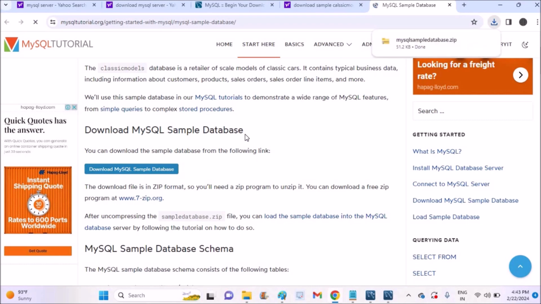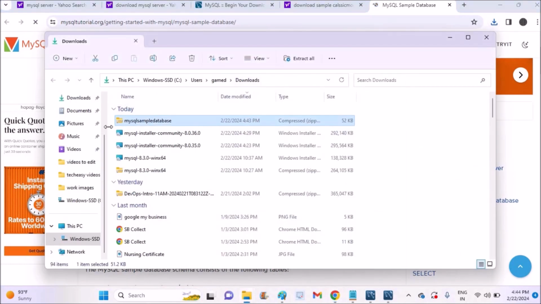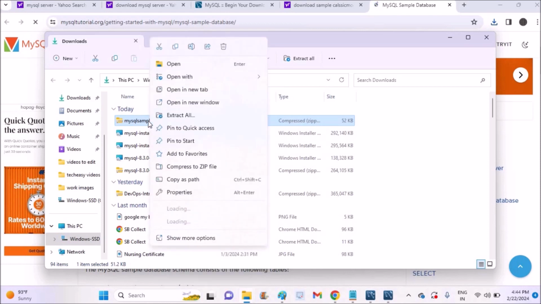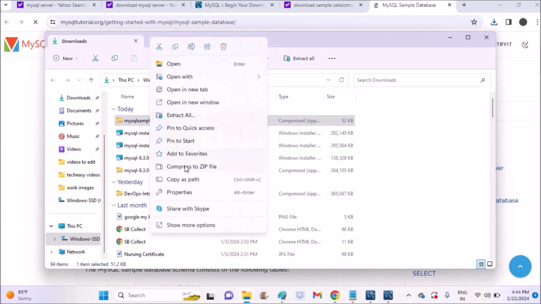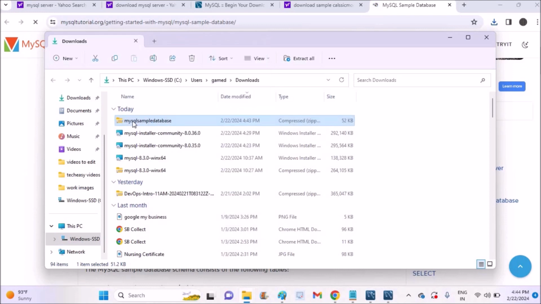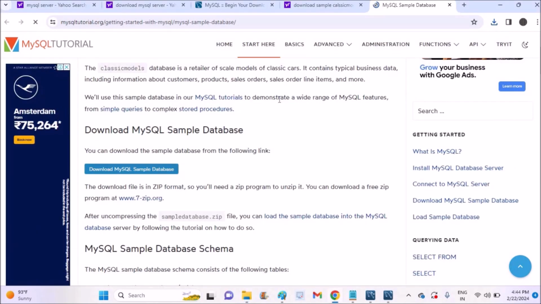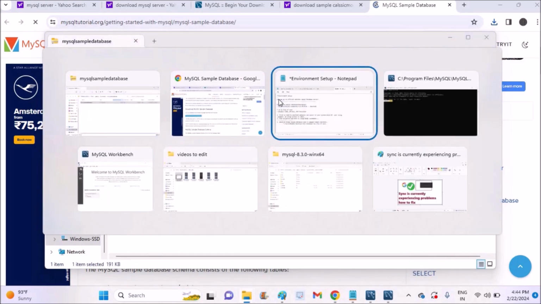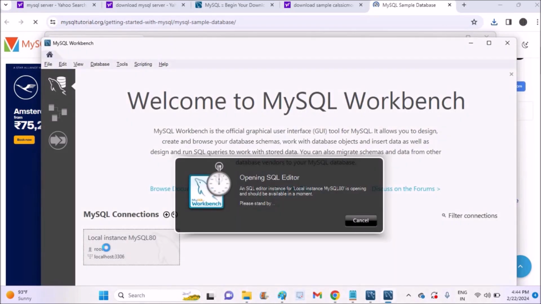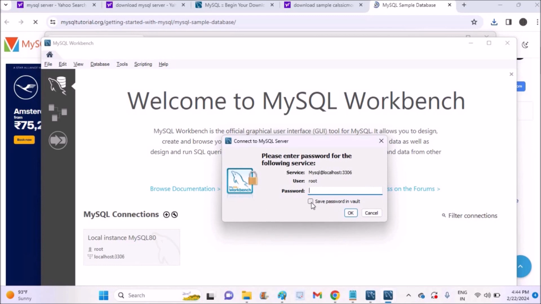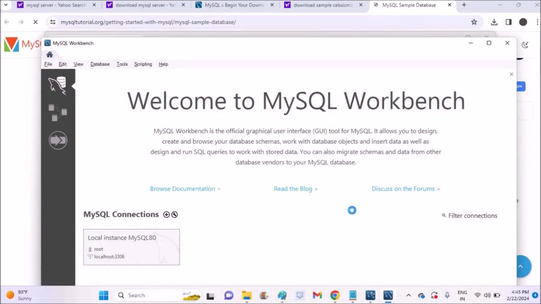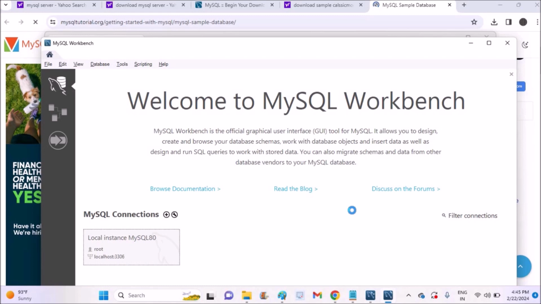Once the download is completed, we need to open Workbench. See here, this is in my downloads folder. We need to open the MySQL file, see, it is compressed. Okay, that folder only. Yes, my sample SQL database, this is what I have just downloaded. I need to open Workbench and import this downloaded database into Workbench. So I'm opening my MySQL Workbench here, and I need to give the password. What I gave is 1234. I'm just entering that and clicking on OK. So MySQL Workbench gets opened,